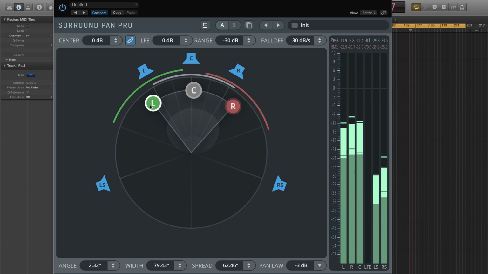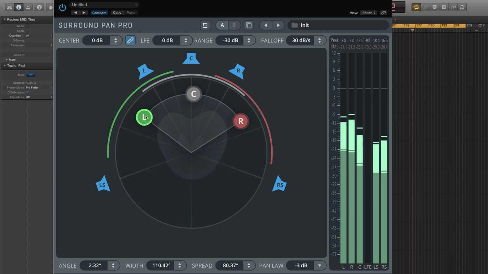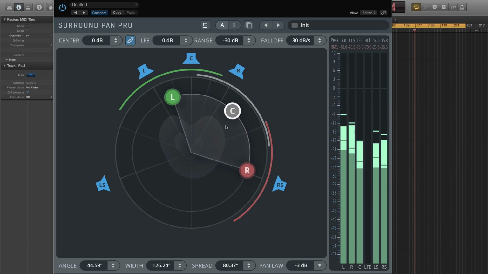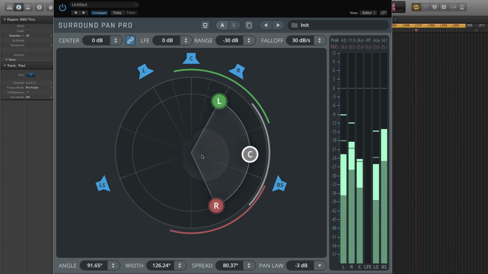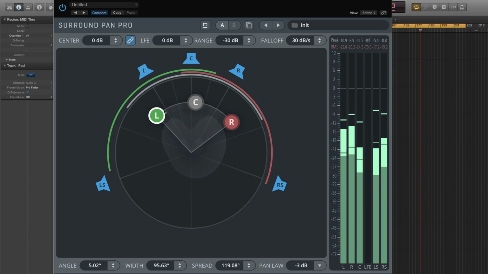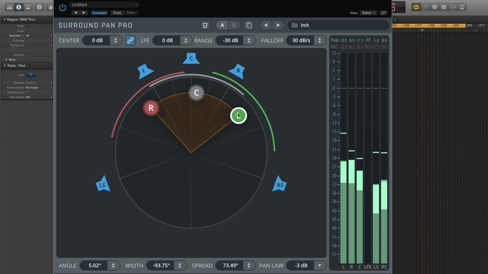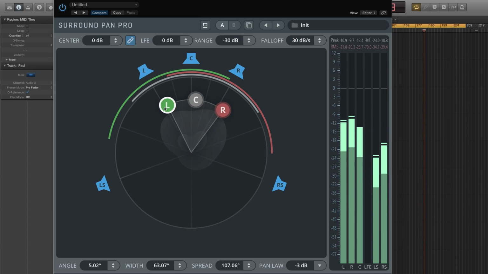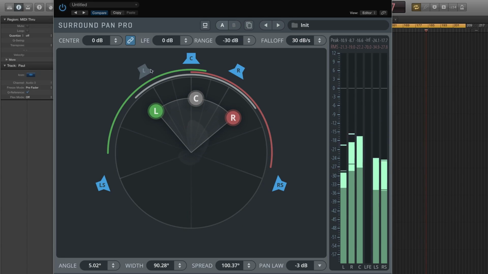Holding Shift will pin the dots to a radius, and you will see that the stereo triangle will switch to orange when you invert left and right channels. Again, you can enable and disable the speakers if you like.